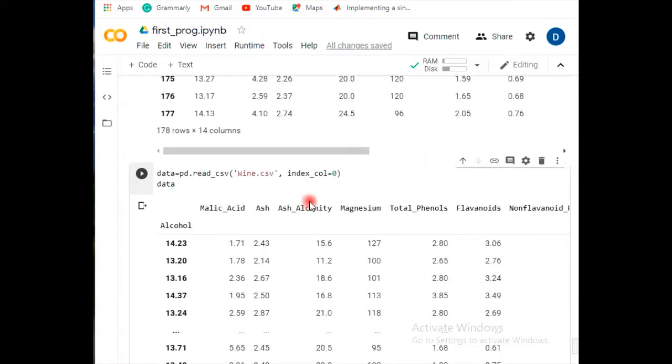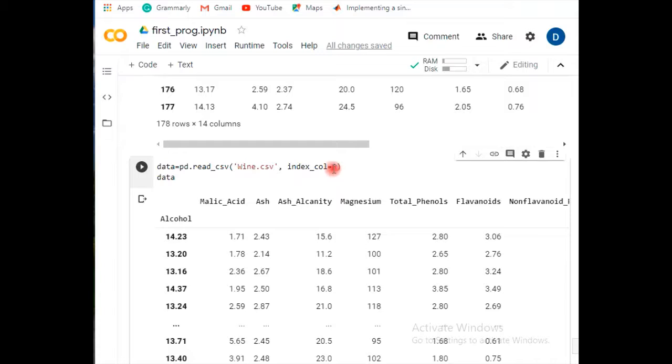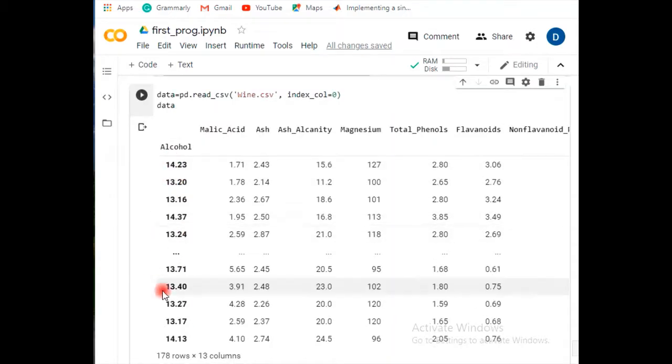So here we see that the index column is equivalent to 0. I am assigning this value as 0, so that is not being included over here. So in your data set, those values have vanished, and now you have the rest of the values. By making this index column, you can easily change or create your data set as per your requirement. This is a facility.